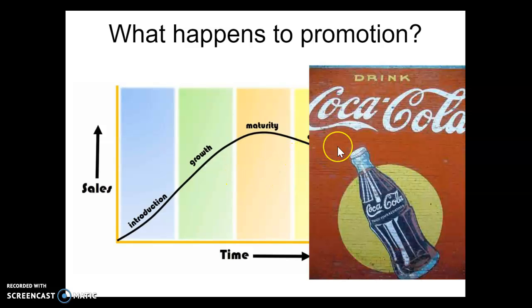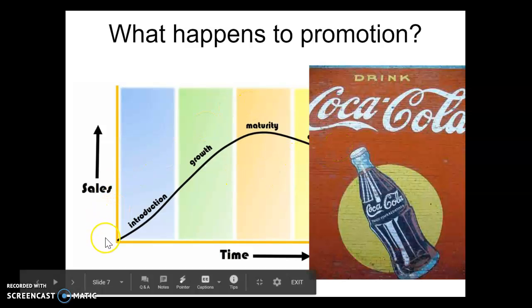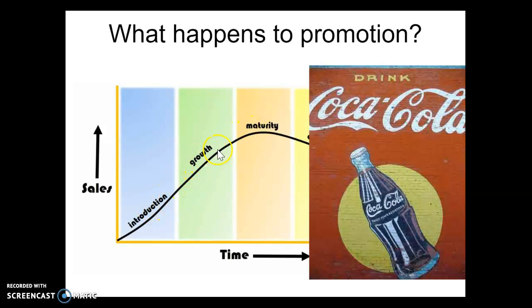Okay, so promotion. At the start of the product life cycle, when you've launched it, people don't know what your product is, not familiar with it. So we're going to see in introduction lots of heavy promotion, heavy marketing. As we go into growth and maturity, people already know what the product is, people are already buying it. You don't need to give people information about the product, but you might remind people of the product. So, have lots of branding everywhere, just keep a few adverts available for people to see so they don't forget